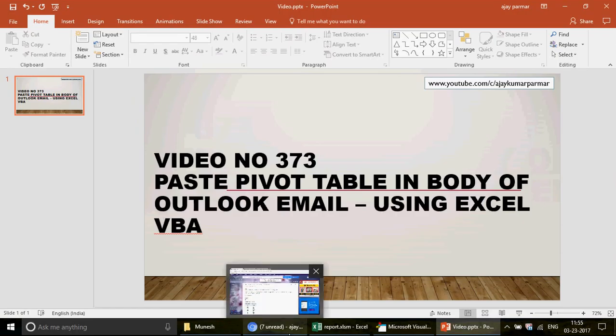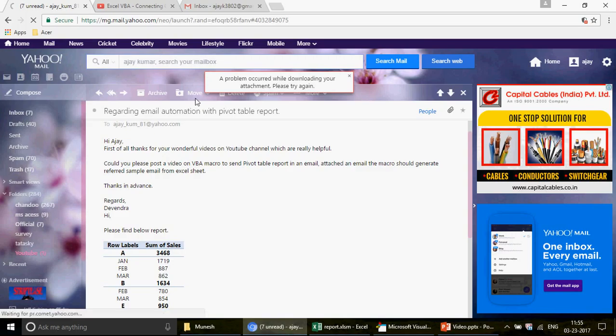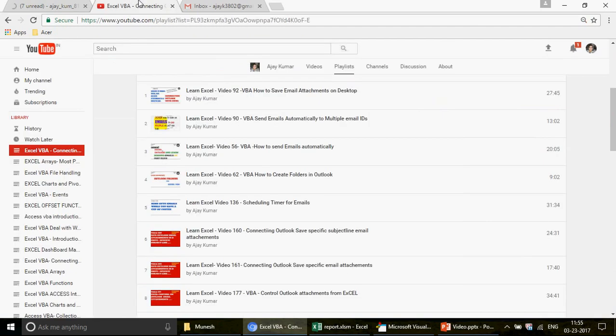we have already talked about this in a different form, how to use the Excel tables as a range. So what you need to do is go to the playlist Excel VBA connecting Outlook from